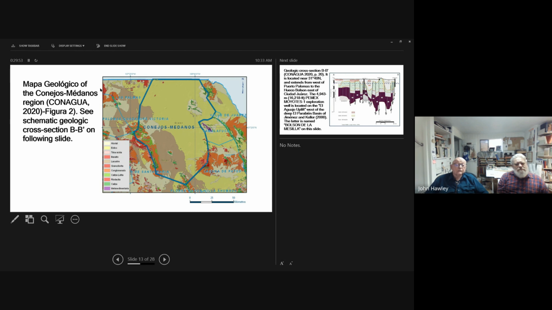But the next slide is a cross section across this part of the basin, and this is 107 degrees west longitude, this point right here.